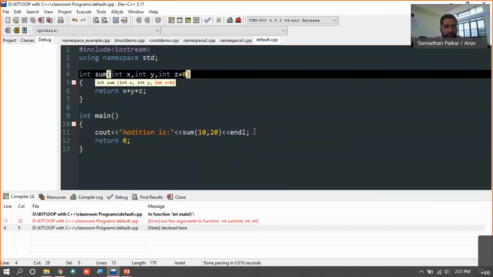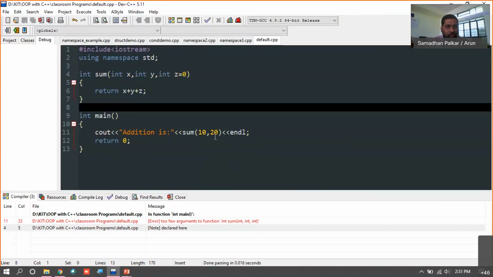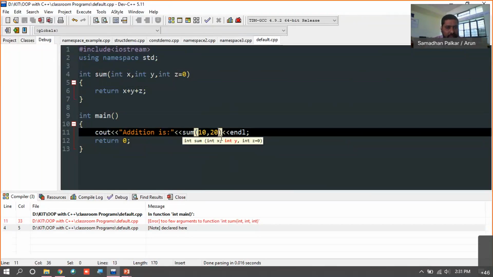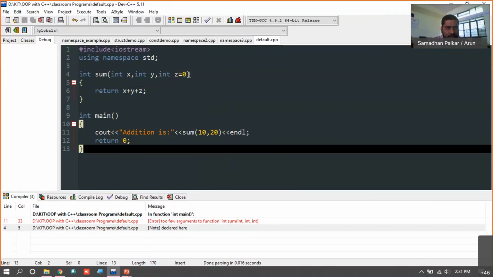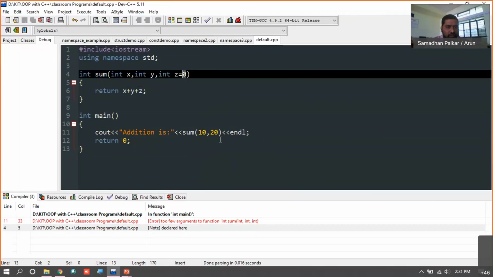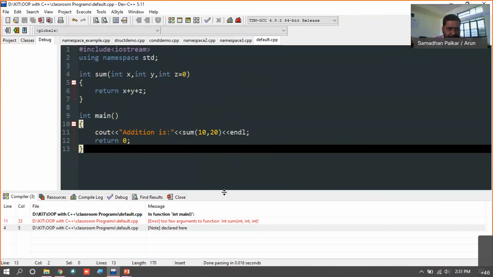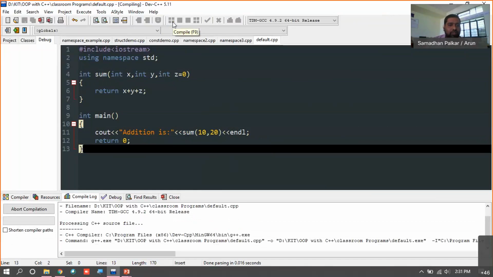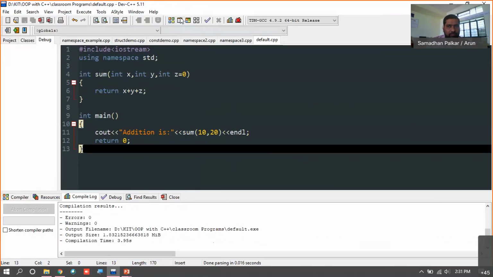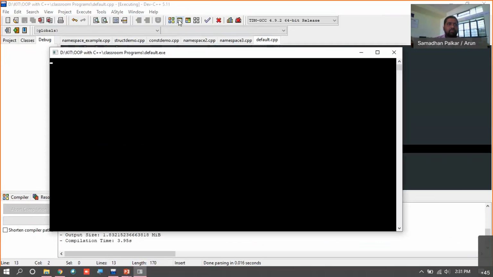So by default, if we are not providing a value for z here, by default, this argument is passed with this, and it will take 0 as z's value, right? Yes, addition is 30.